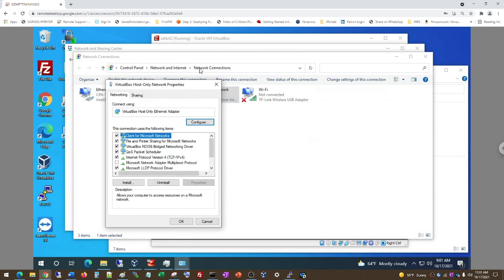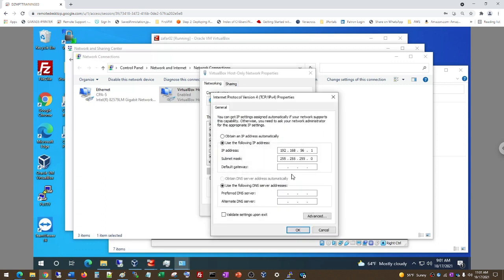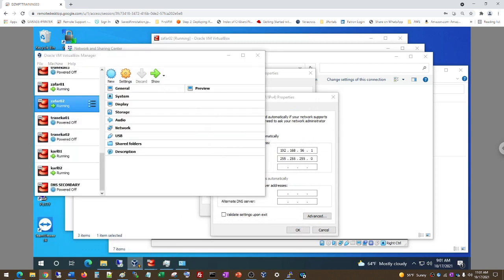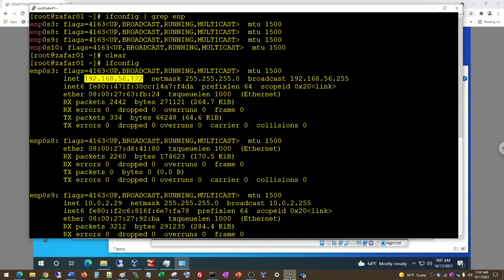So I go up here and I go into properties, and over here this adapter is acting as a network switch here. So the starting one is 192.168.56.1, and if you look here, this is the starting IP here,